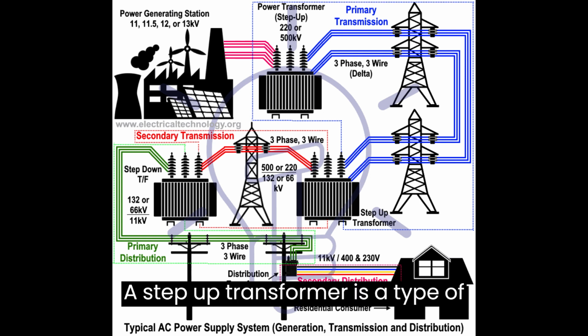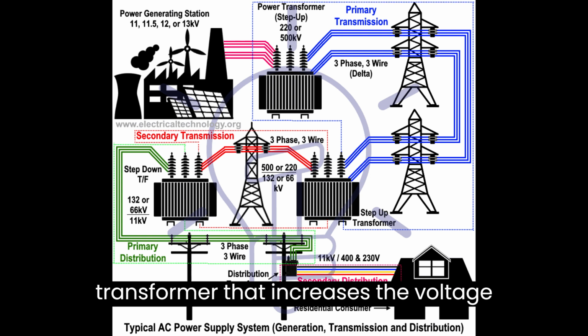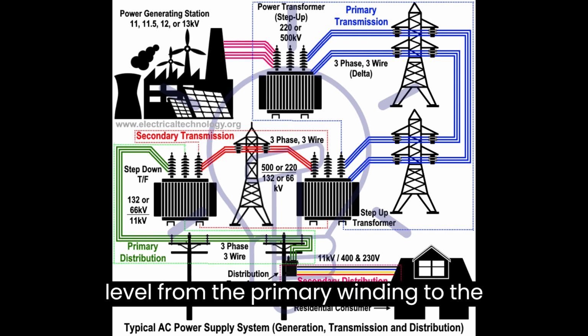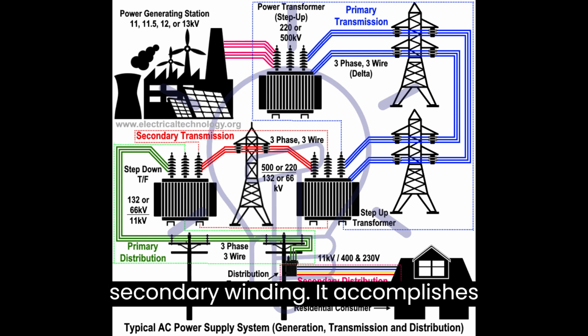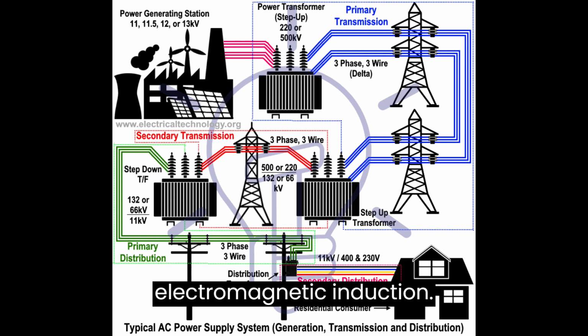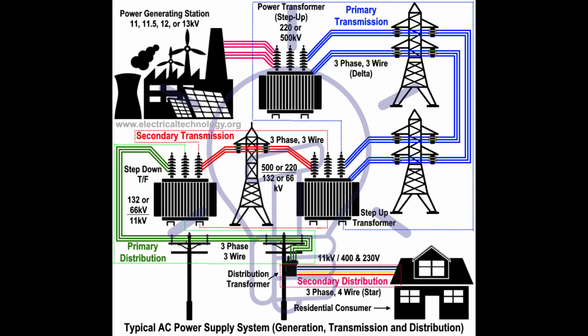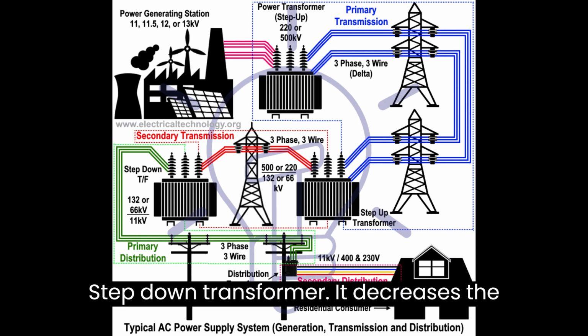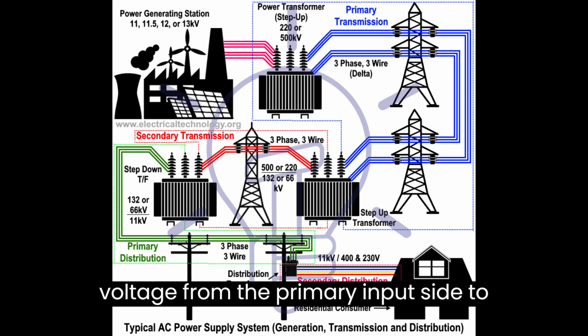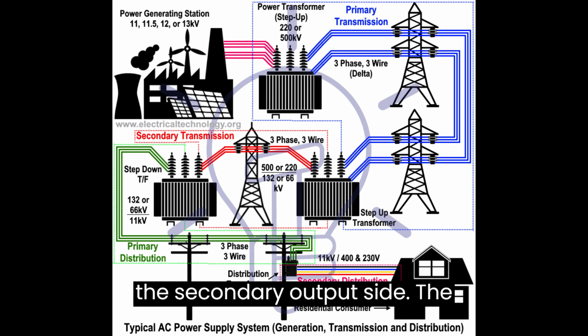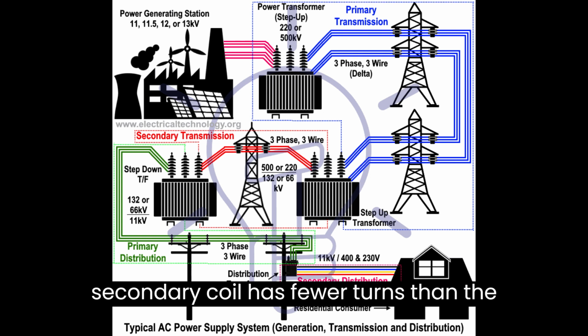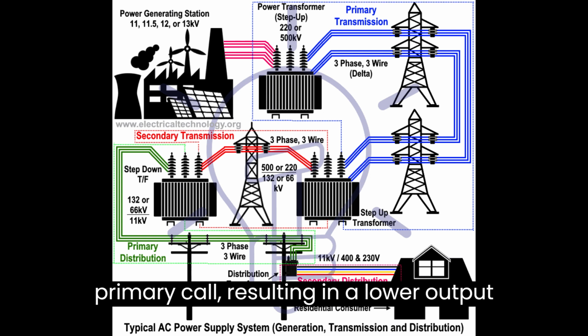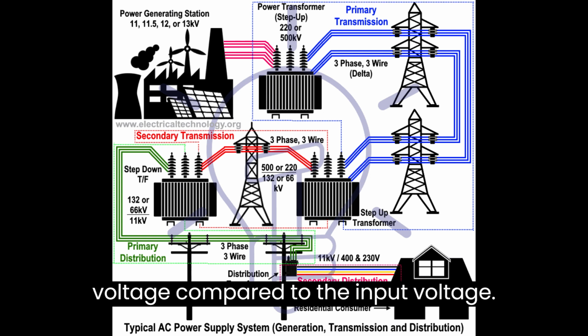A step-up transformer is a type of transformer that increases the voltage level from the primary winding to the secondary winding. It accomplishes this voltage increase through electromagnetic induction. A step-down transformer decreases the voltage from the primary input side to the secondary output side. The secondary coil has fewer turns than the primary coil, resulting in a lower output voltage compared to the input